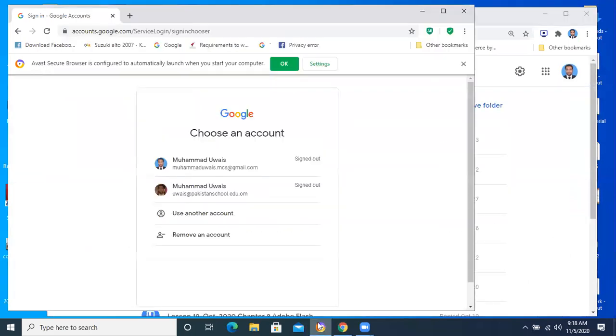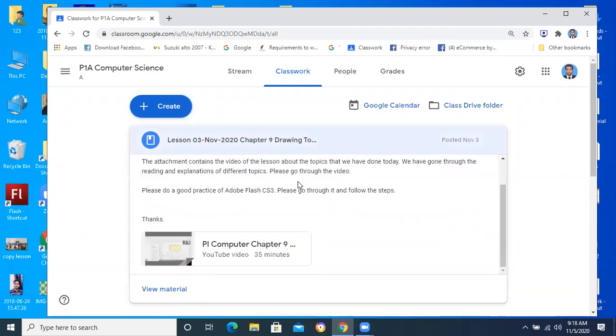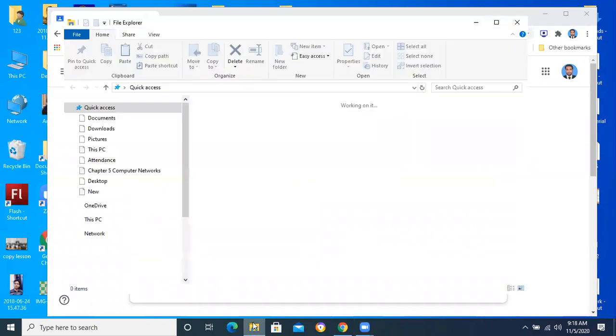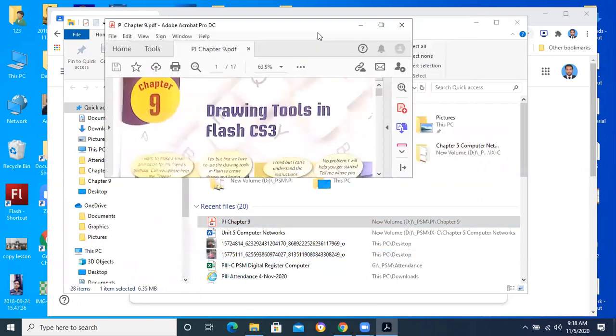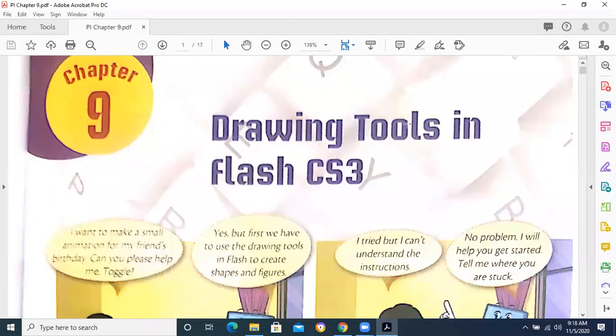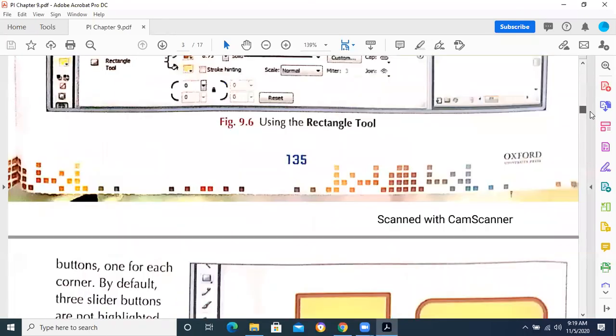You know very well that recently we are going through chapter number 9. And we had studied some more things in Adobe Flash. Those who are practicing Adobe Flash at home would have observed that it is very interesting software that we are doing right now. These are the commands which are used to make different kinds of objects, and we are also creating some animations, whatever animations are given in our syllabus.